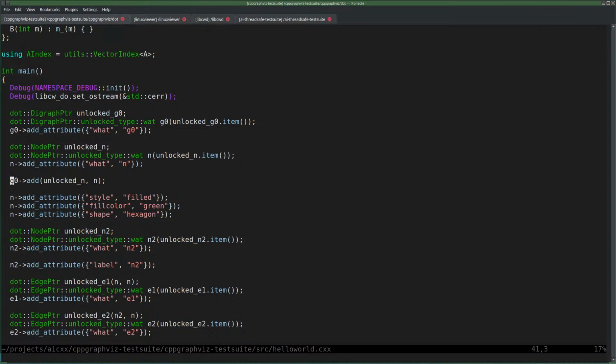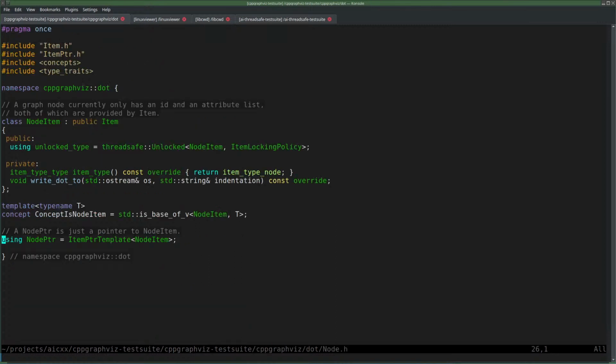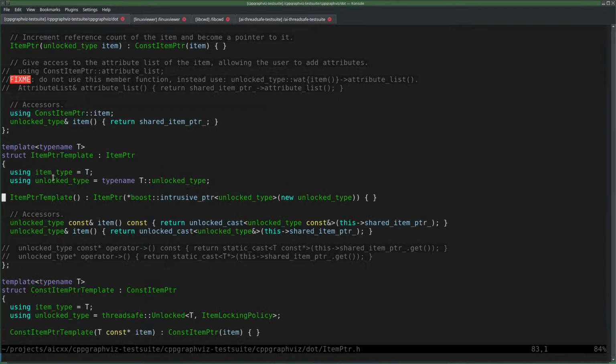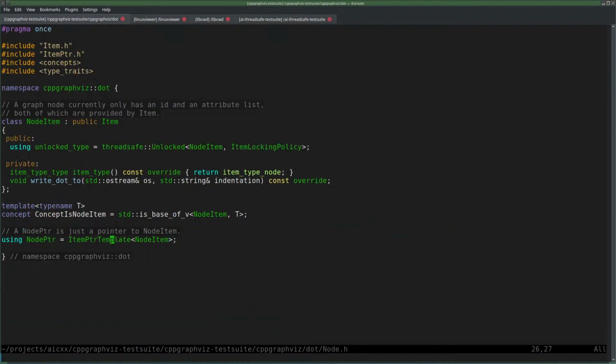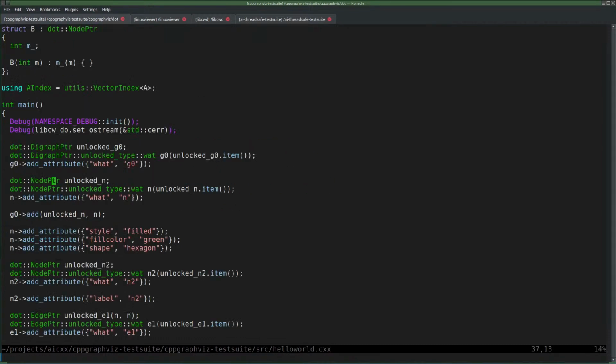Uh-oh. So it doesn't understand that I mean node item, while I'm passing as first argument a node pointer, which has a node item right there. The item pointer template has an item type defined in it, which is then the node item. And the item type is public, which is the node pointer, so that is the first argument, item type.